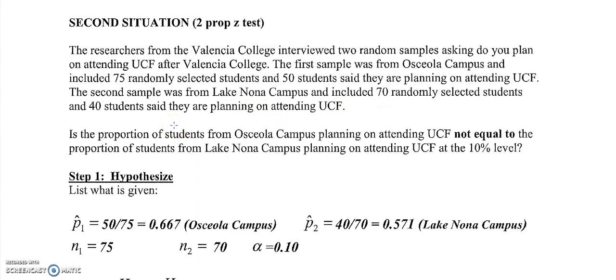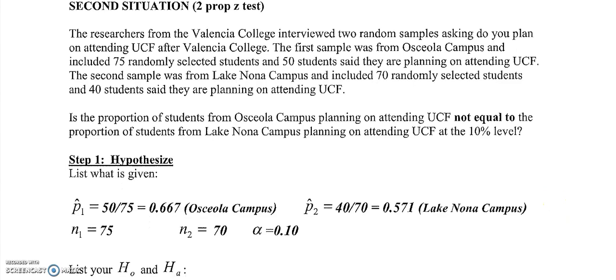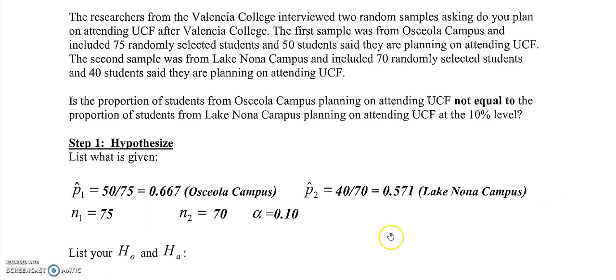planning on attending UCF. Is the proportion of students from Osceola campus planning on attending UCF not equal to the proportion of students from Lake Nona campus planning on attending UCF at the 10% level? So in this case, we have 2 separate groups. We have 2 proportions. So we're going to organize the data and say that proportion 1 is Osceola campus, and